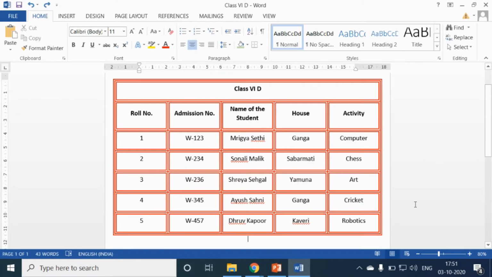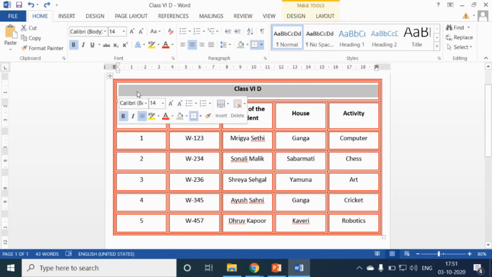Students, after applying borders, let's see how to apply shading on the table. You can apply background color on the table or on selected cells. So, first of all, students, let's select first cell. Okay, from the corner of the cell, your black arrow is there. Click on it and you can see whole cell is selected.